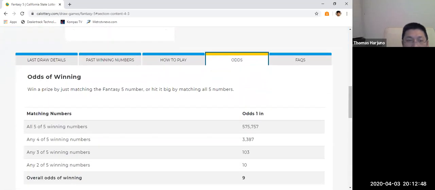Here's the number. What is the probability of winning any 3 of 5 winning numbers? The odds are 1 in 103, and this 103 is actually by rounding. I will stop the lecture right now, just to remind you of things that you will have